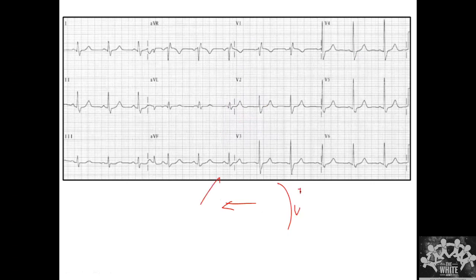So lead 1, AVL, V5 and V6. These are the leads that will show small Q waves. That is a normal phenomenon. Imagine this is the activity that is happening. So left to right activation means here it should be normal. Fine. So it is about right bundle branch block. You see the axis is also a normal axis.